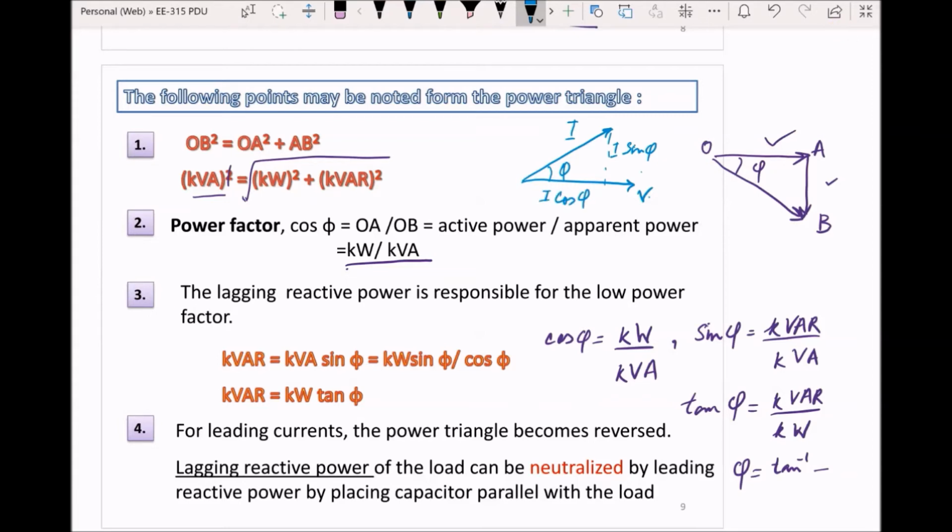So what I'm trying to say is that if we just replace the load with a capacitor, the whole power triangle concept can be reversed. Okay, now